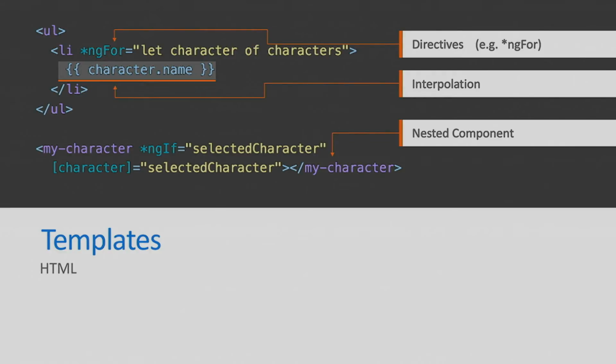So the templates are just HTML. We use directives where we need them, as we need them. And we use this binding syntax. So there's a funny character on this page. There's square brackets around the word character. Remember that. I'm going to show you that again in a little bit.